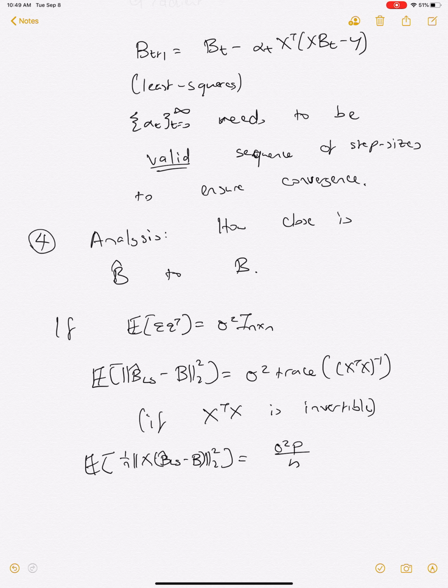It just depended on sigma squared, P, and N. And similarly for the out of sample prediction error, we again got an expression that only depended on sigma squared, P, and